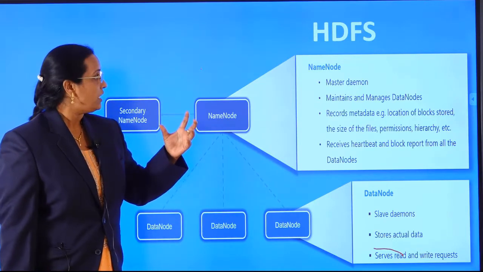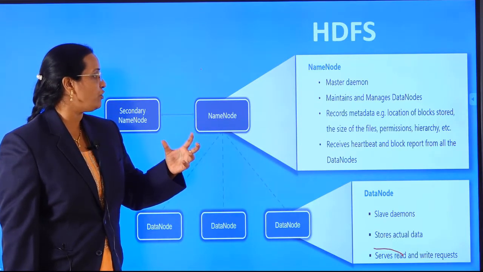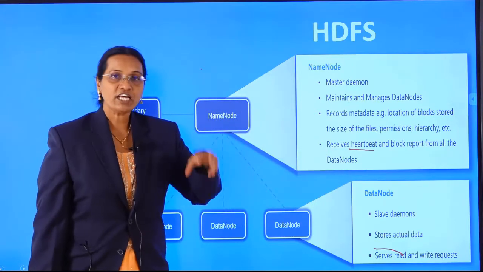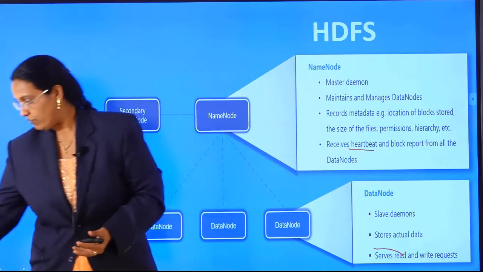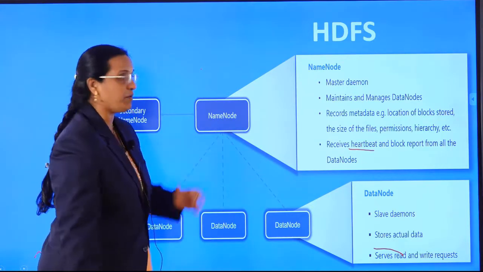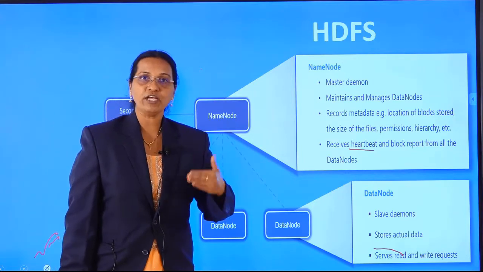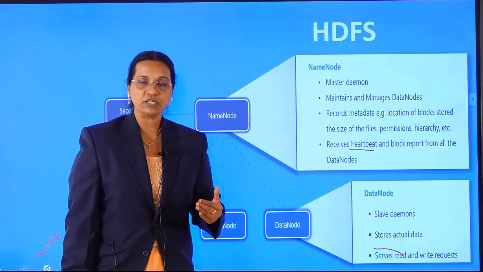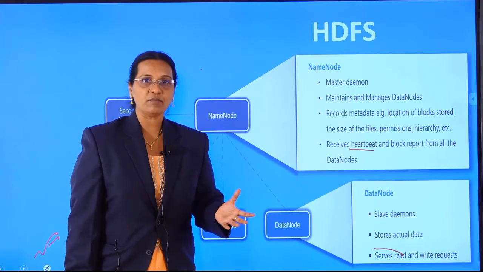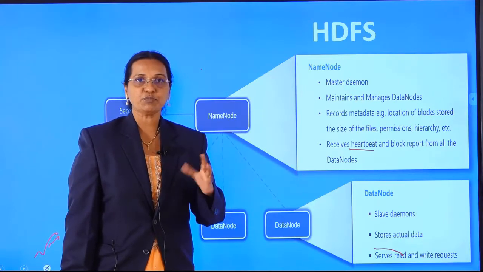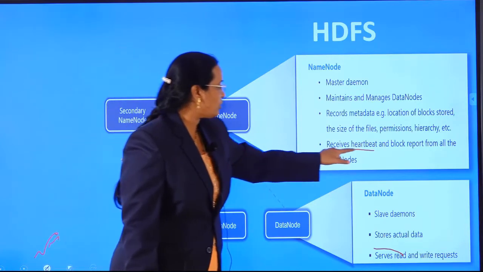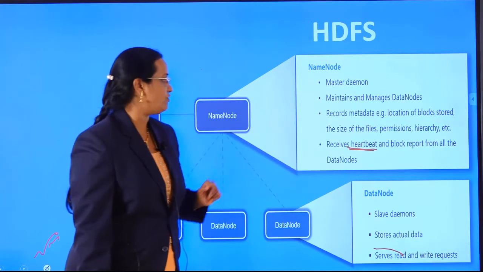And the name node is going to receive the heartbeat. This is very important. What is this heartbeat? Whether the node is working or not. For example, every day an employee comes to the organization, he or she has to work. If he or she is not working, that means the node is not responding to the organization. Similarly here also, heartbeat is the technical terminology we call it.